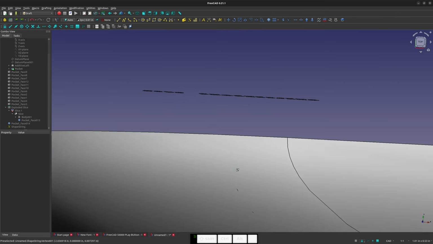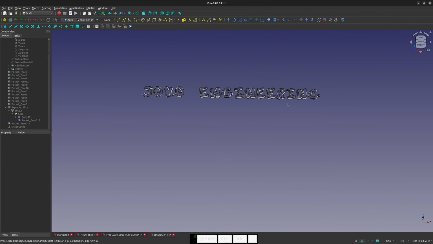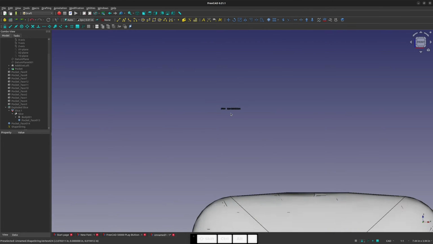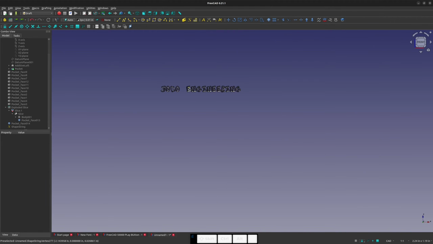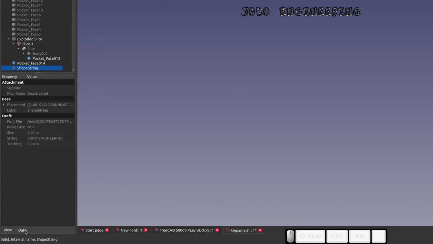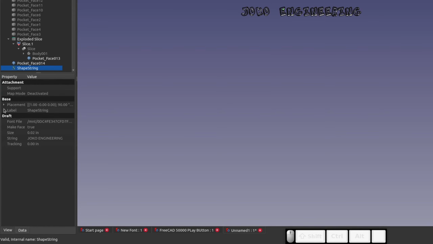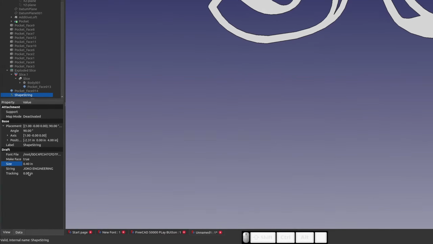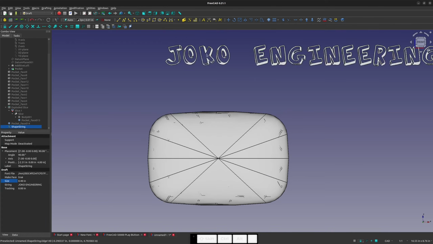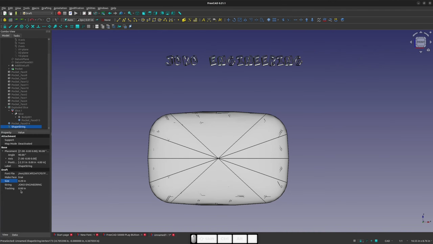Now this is like a surface, right? It's infinitely thin, but we've got it on the right plane in the right orientation, and we can edit this. So I go to my shape string in my tree. I can go to Data and View. And from Data, I can change my placement. I can also change my size, and I think I'm going to need to do both. So size, looks like it didn't catch my 0.4, so I'll hit 0.4 in here. And it, of course, scales it actually much larger than I want. So I'll continue to play with this value and get a size that I think is appropriate,